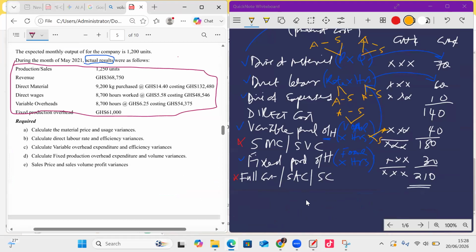We can also come with sales. So let me put the sales figure here. Let's assume the sales figure here is,